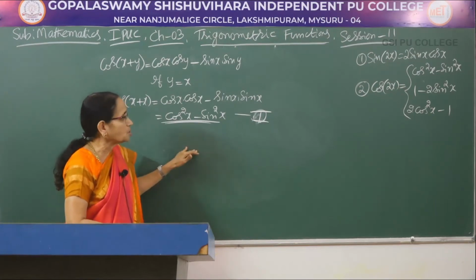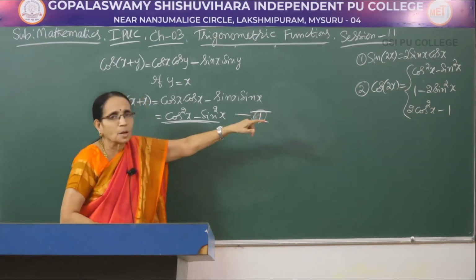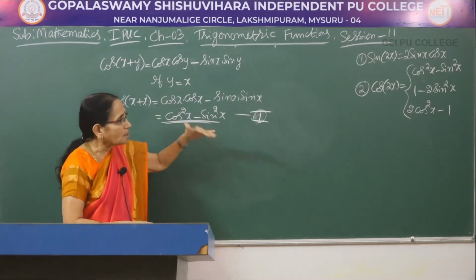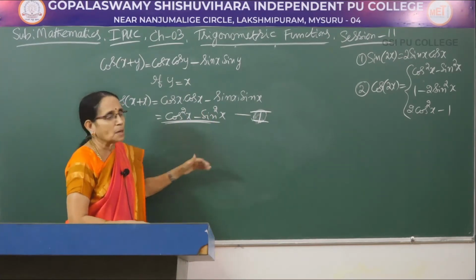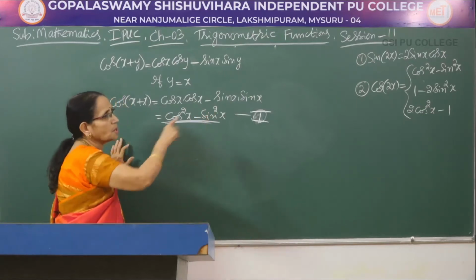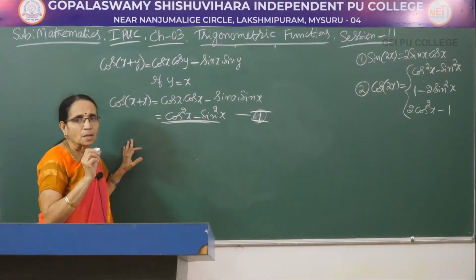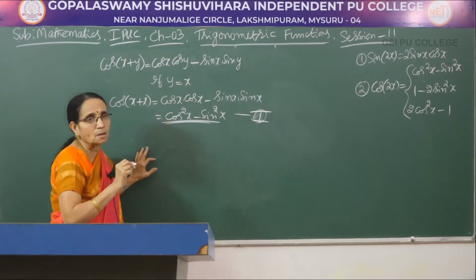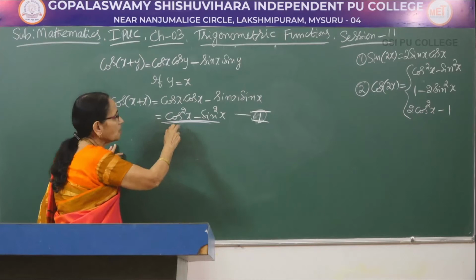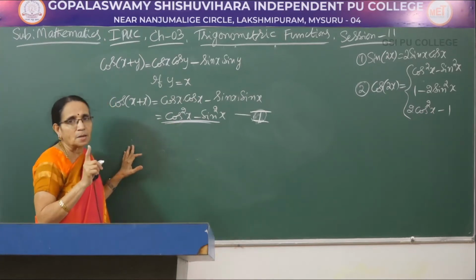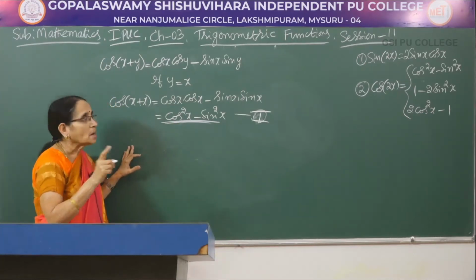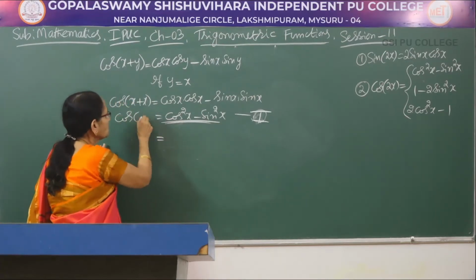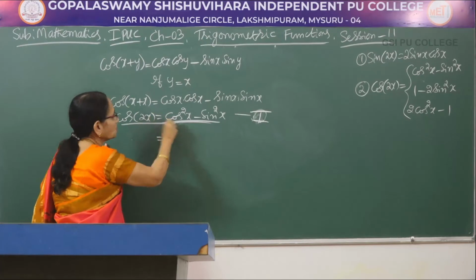With the help of this one, we have to get both of them one by one, whichever has been asked. If all of them have been asked, you have to try one by one. Now here, let me take the second result, 1 minus 2 sin square x. You see that there is no cos function at all. That means that this cos square x now has to be eliminated. So what we can do, in the first result, is write it as cos of 2x. First formula I have got here.